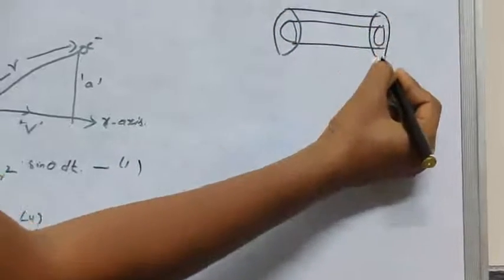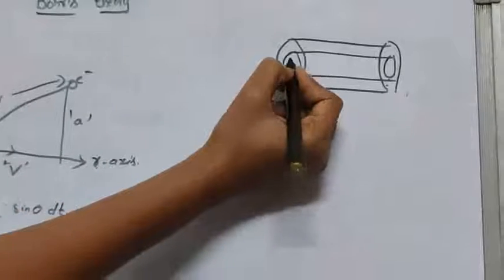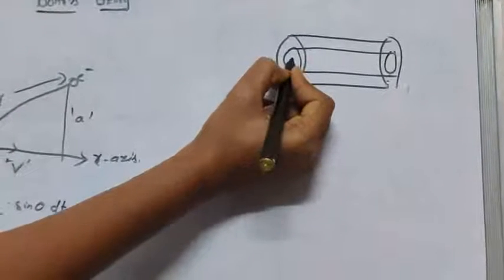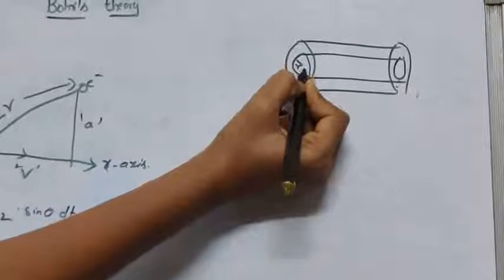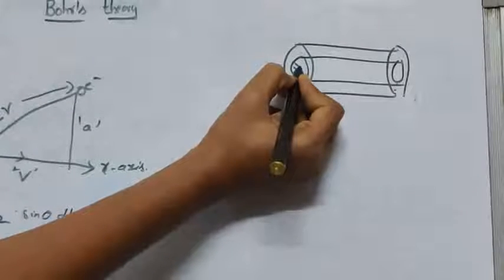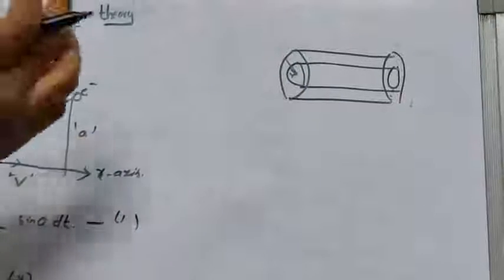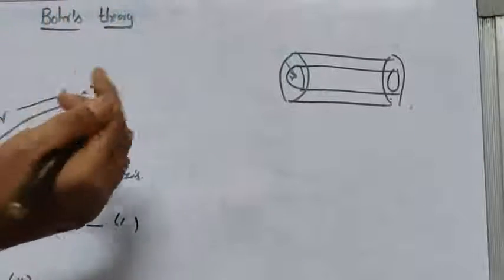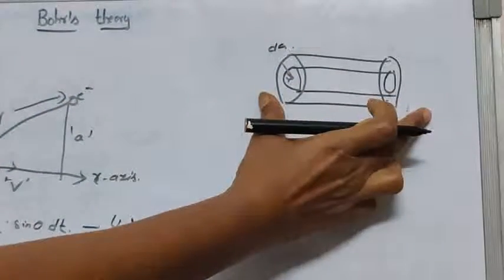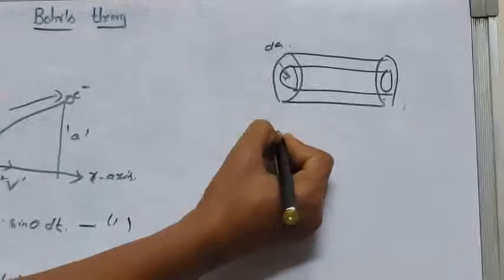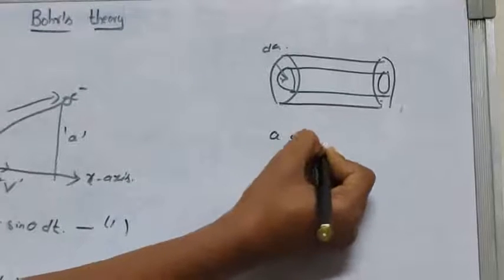The radius of this cylindrical shell is here from the center to any point on this, which gives A, and from here to here the outer layer of the shell is nothing but dA. So the radius of this cylindrical shell is A and A plus dA,